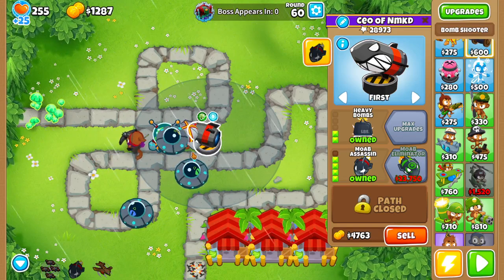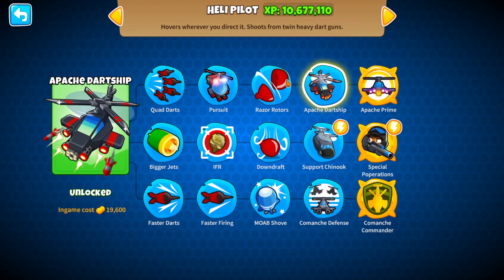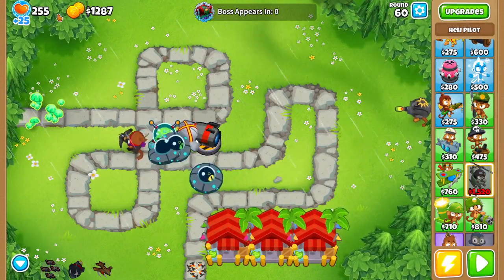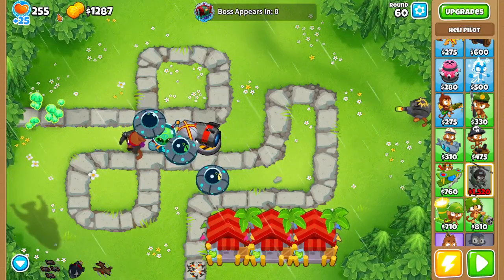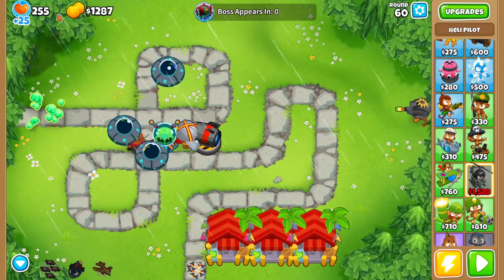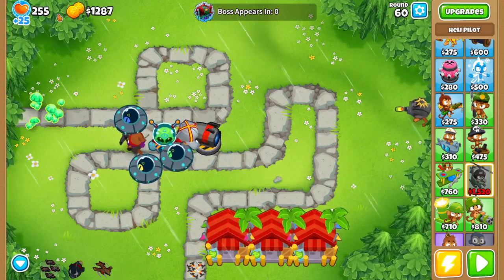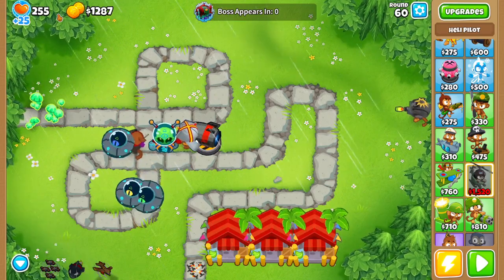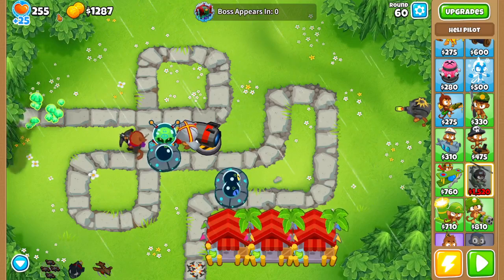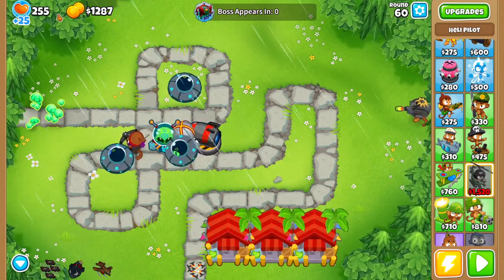So we need 4500. No, we need way more than that. Crap, because Apache Darkship as well costs a lot. Yeah, it is a lot harder than I thought. I am resisting the urge to place down an instant monkey, but I have no idea what to do. Okay, tell you guys what. I'll try getting rid of 2 of my banana farms, and the goal now is getting Apache Prime. If that fails, I will use an instant monkey,